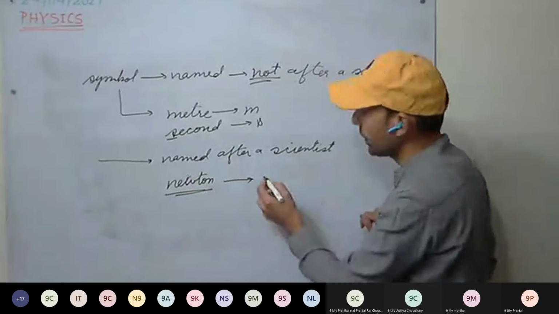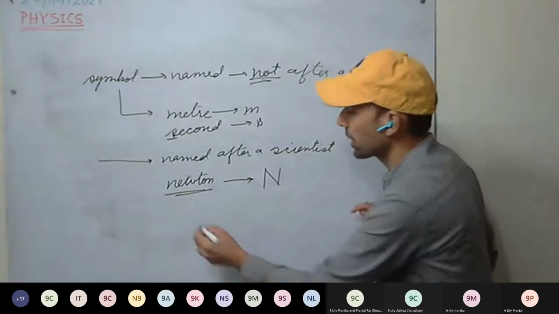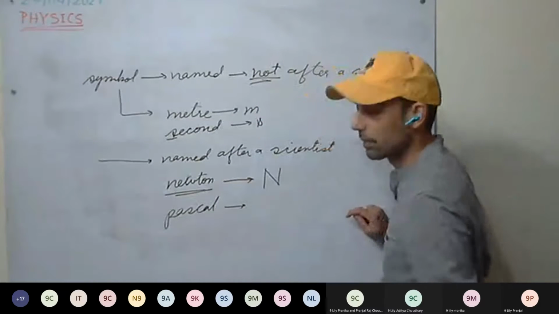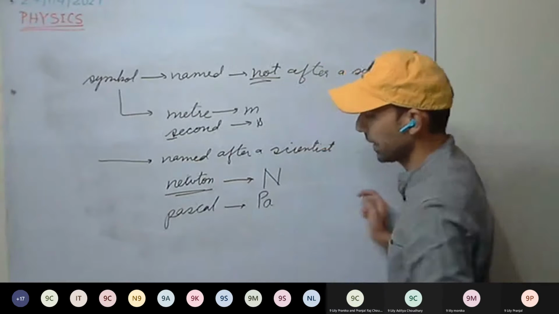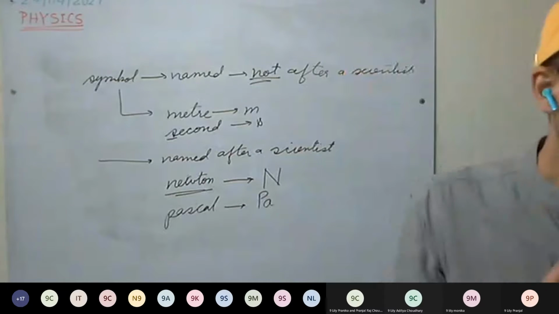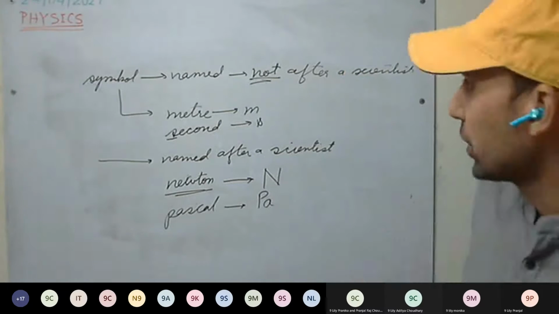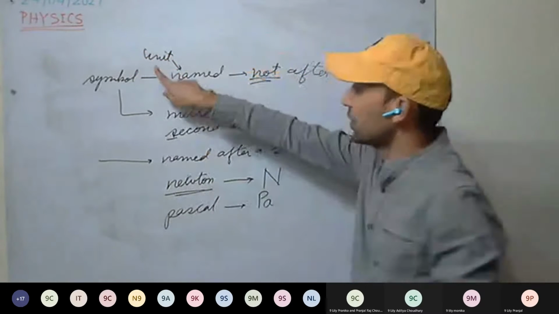But if we are using the symbol N, capital N. Pascal is a unit of pressure, so capital P, then A. Okay. So if the symbol is for a unit which is not named after a scientist, if the unit is not named after a scientist,